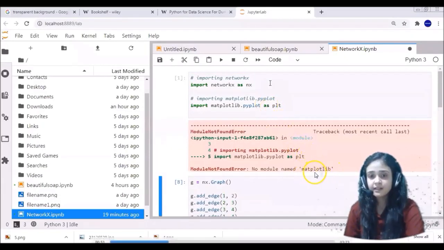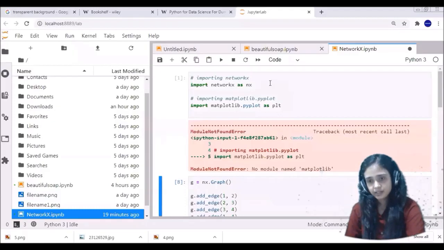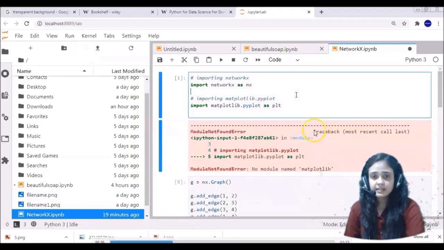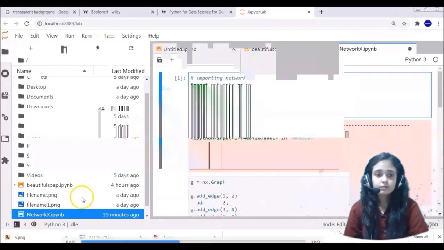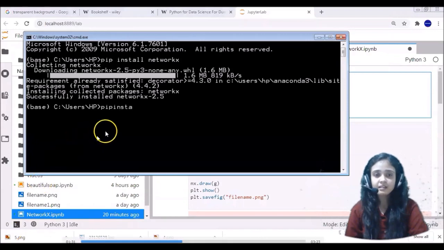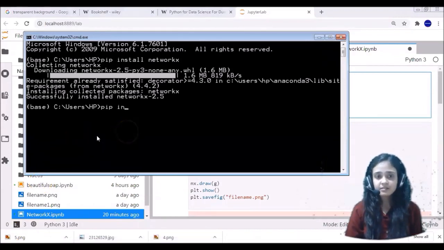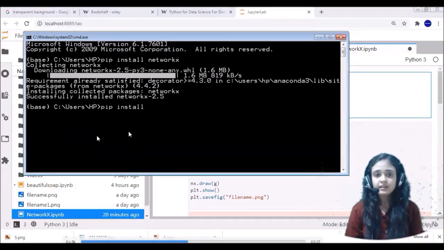Now you can see that it is not showing me the error related to NetworkX, but it is showing me an error related to the Matplotlib library. So in my default configuration, the Matplotlib library is also not present. So I have to install that also. For installation of the Matplotlib library, you have to write the code like pip install matplotlib.